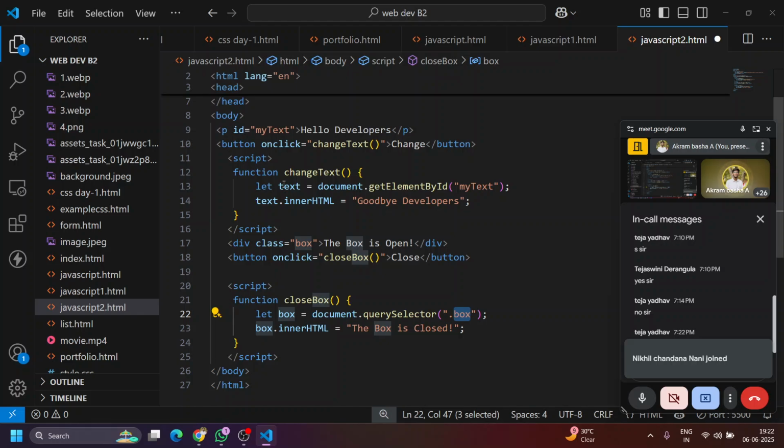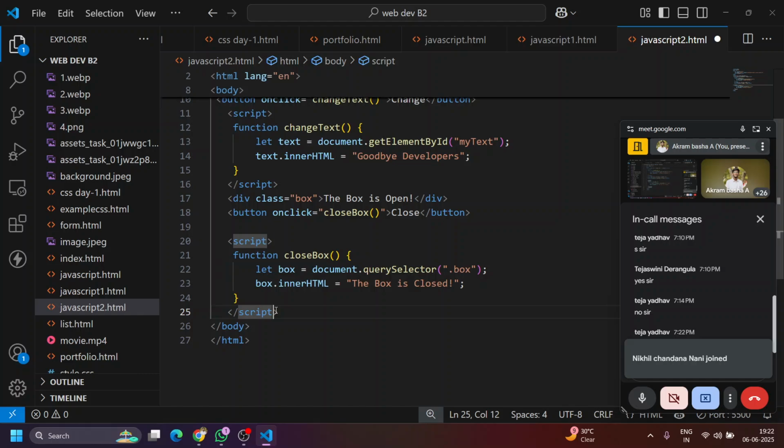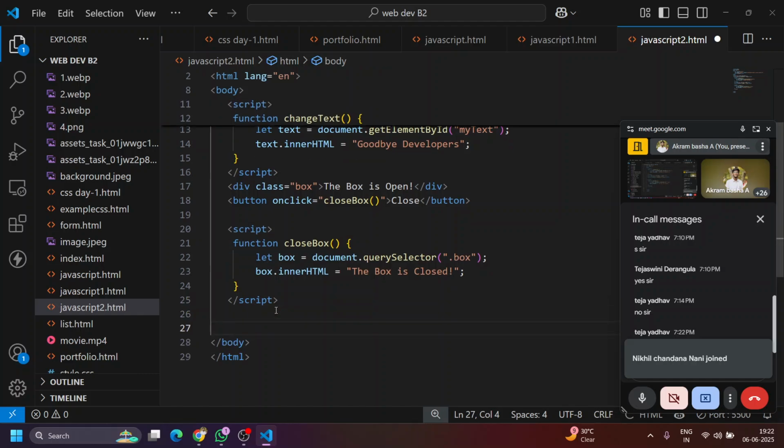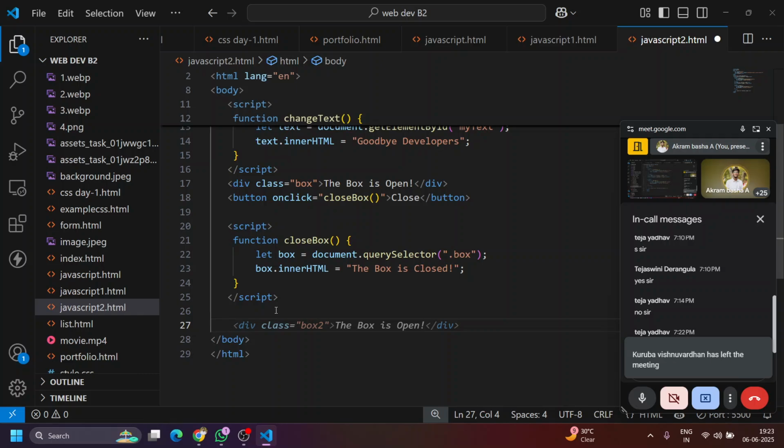Okay, now let us perform another program for your understanding. I will mention another code. Let us mention a div. Inside div I will mention id. In this id I will mention the id name as box,